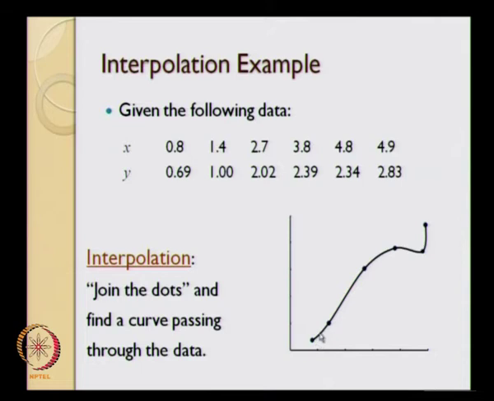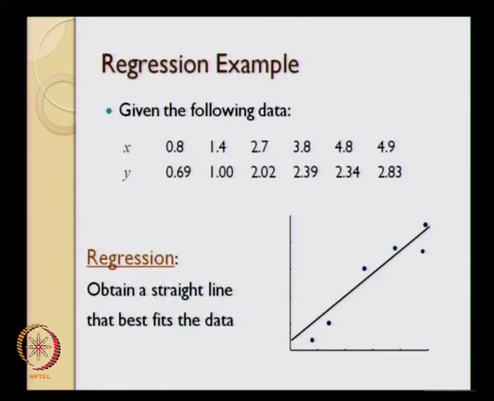It is basically trying to find a curve that passes exactly through all of these points that we have shown over here. If we look at the previous slide and see what we did with regression, the curve did not necessarily pass through all the data points. None of these data points actually lie on the best fit curve. It is just a curve that is going to minimize some kind of an error, or some kind of a distance between the point and the straight line. That is what we do in regression.